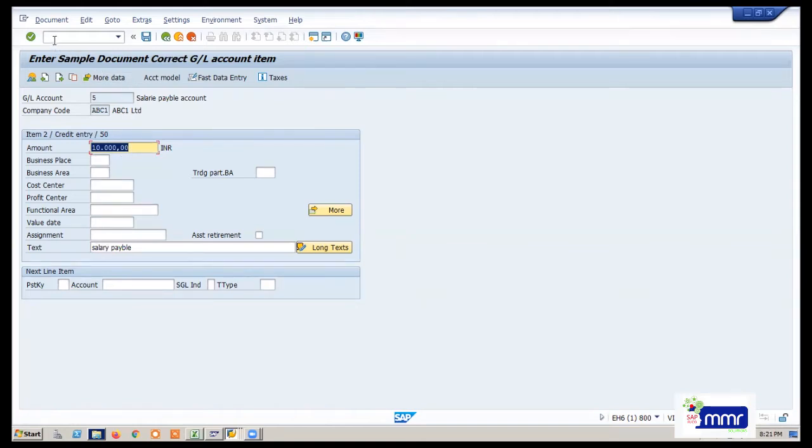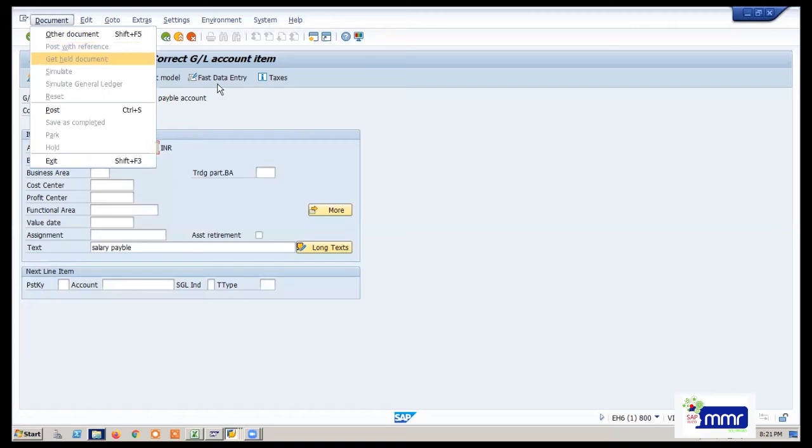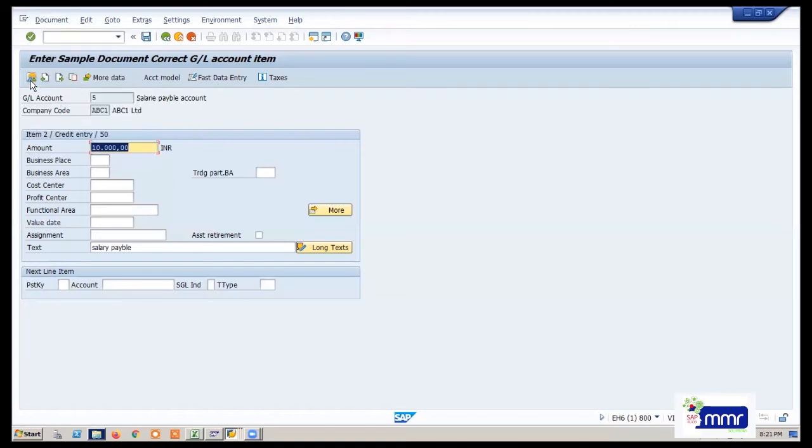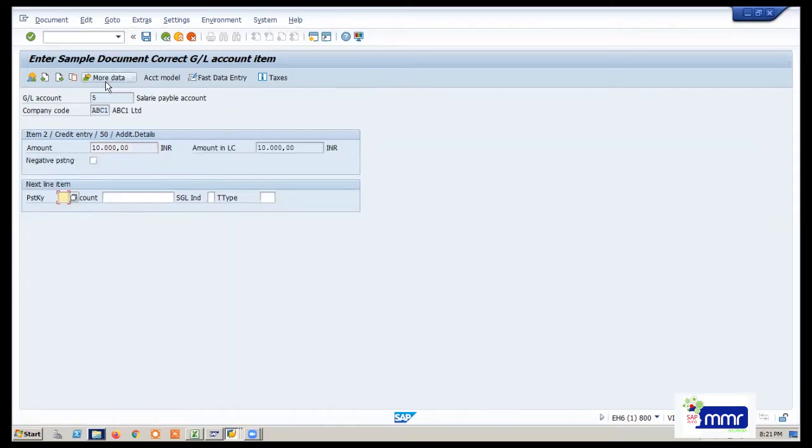Okay, then go to document overview. Here, this is the document overview. This is the previous item, and this is the next item. If you want to post some other items also, you can add them one by one. Otherwise, you can select this also. And this is a copy of the items. For example, you are copying from the first item to the next item. You can copy, and there is more data. You can select this, and some additional data comes.